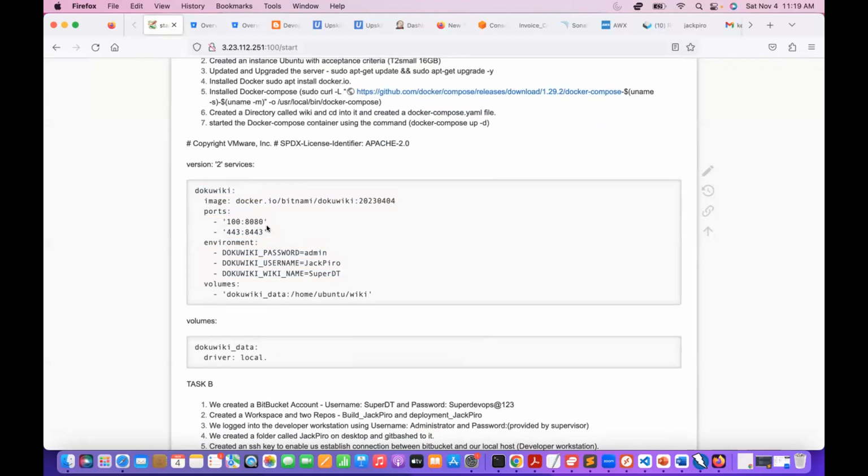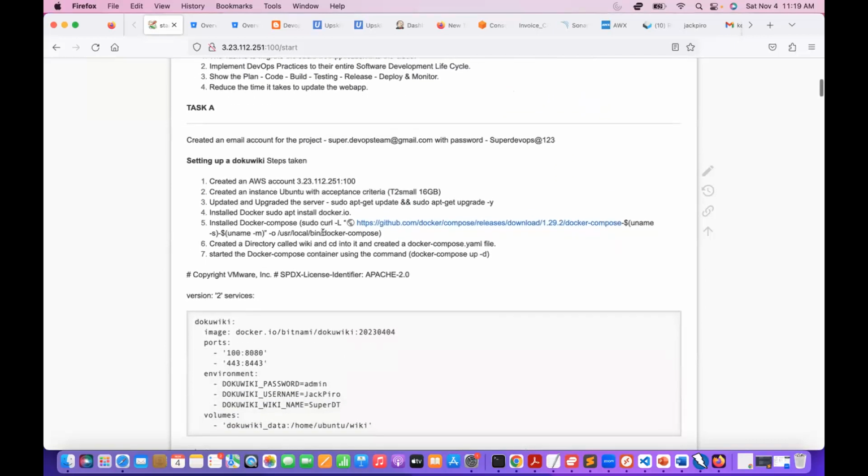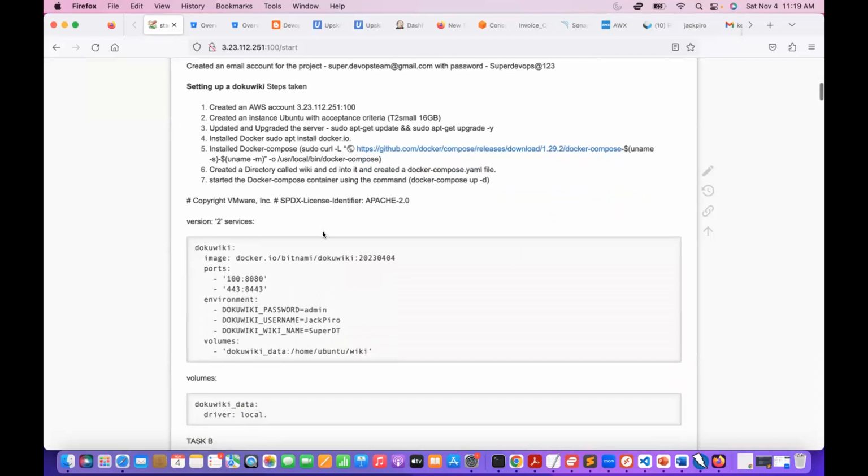Just hold on a little bit, okay? So this is your Docker wiki. Can you log into the Docker wiki server? Let's see exactly what's in it. So this is the YAML file that you use for it. Yes, this is the YAML file. All right. So what's going on here? Tell us. So this is the image. This defines the image,